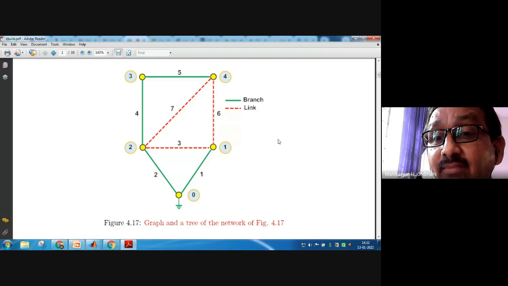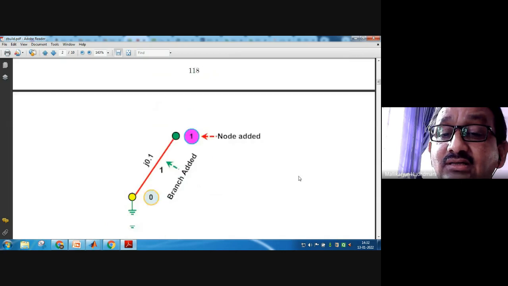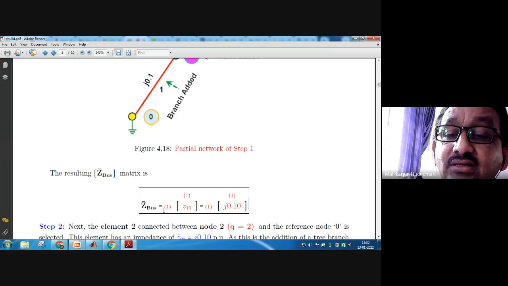This way, mathematically, I should take my view of what I am going to do. According to that, I have to take account of the work. Then let us begin. Let's see how a graphic is being mentioned. Connect 0 to 1 by j.1. Branch is added. Then the node is first time addressed. Then what is the Z bus? You can see the Z bus at the end of the activity is only a 1 cross 1 matrix. The self impedance of that is mentioned, j.10. It is 1 cross 1. We know it. When I add a reference to the new bus, it is just a 1 cross 1 element. The self impedance of that is prevailing on the